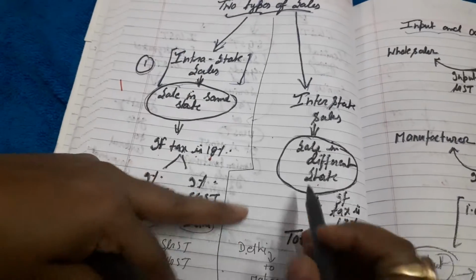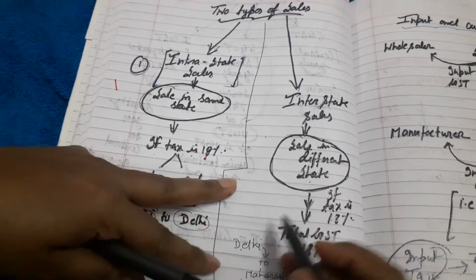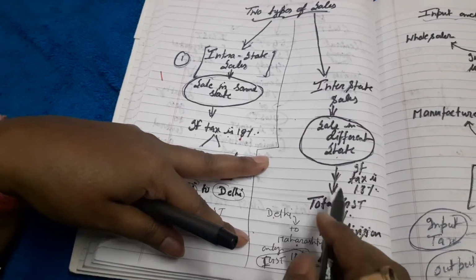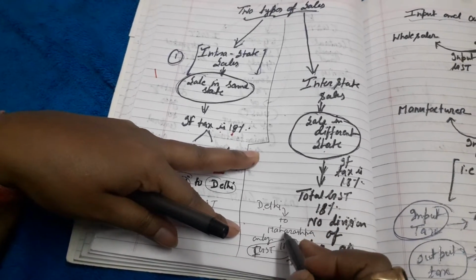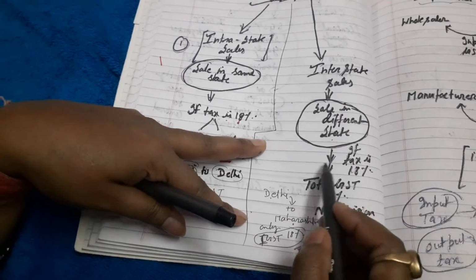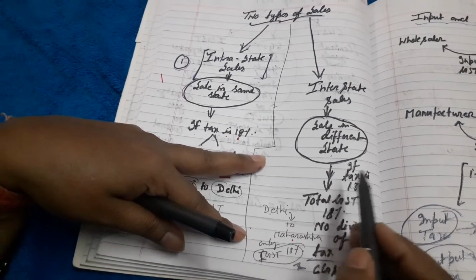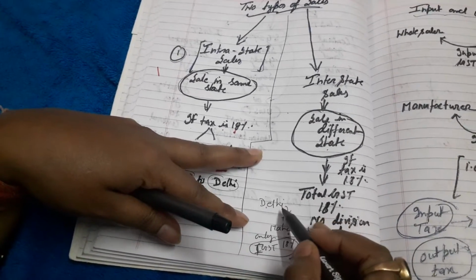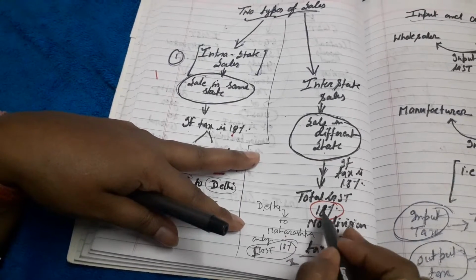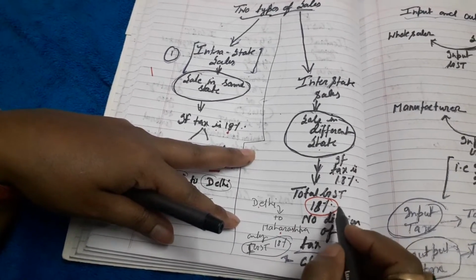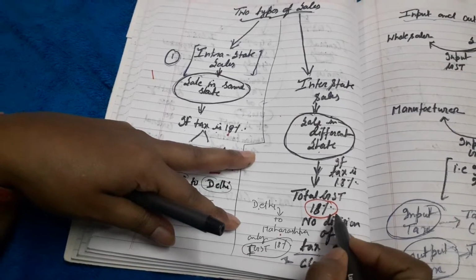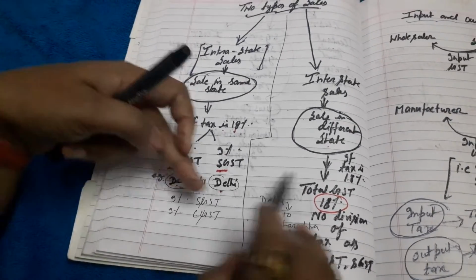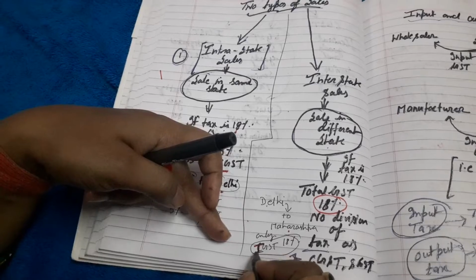But in case of interstate, if the shopkeeper is from Delhi and the consumer is of Maharashtra, selling is from one state to another state, then here we will apply IGST. We will solve sums for IGST. What is the meaning of IGST? These two states will not decide how much tax they need to pay. Directly the whole tax will go to central government, right? And this is called integrated GST. You got that? Here is CGST and SGST if selling is in the same state, and here this is IGST.